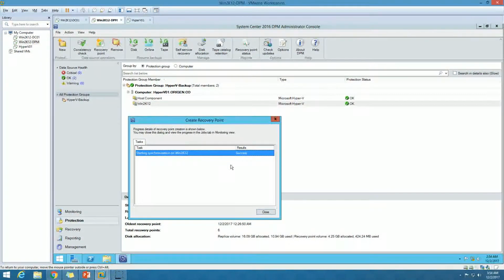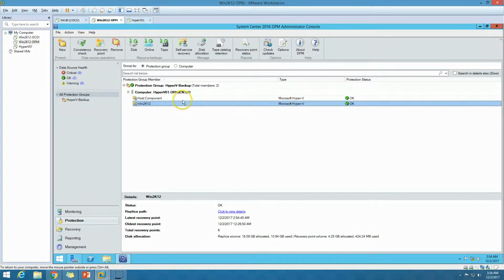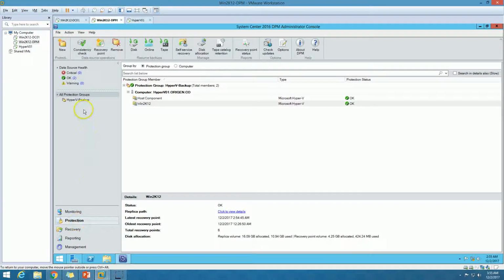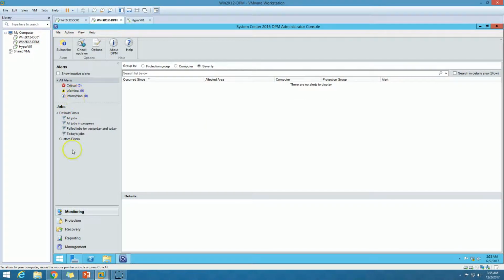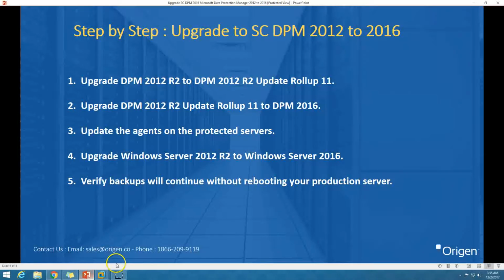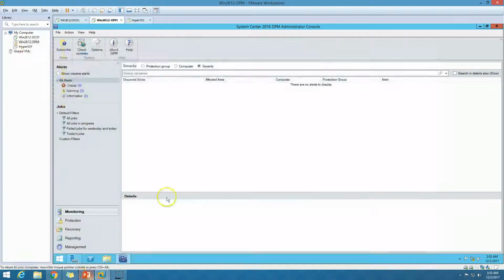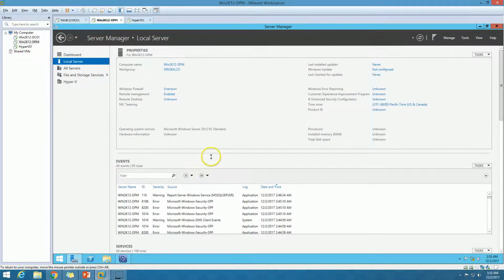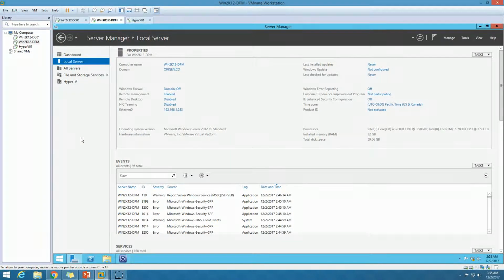And success. So everything is working fine. So now we can go to the next step, which is upgrading Windows Server 2012 R2 to Windows Server 2016. This is not a required step we need to perform right now, but it's always recommended to upgrade your operating system to the latest 2016 if you are running a System Center 2016 edition